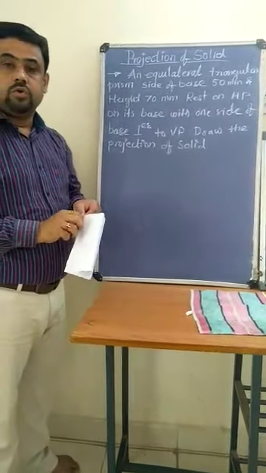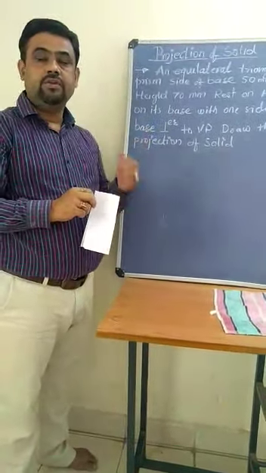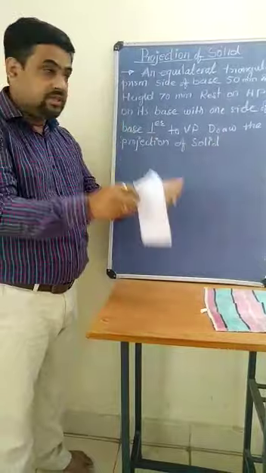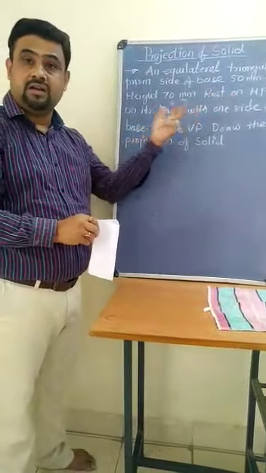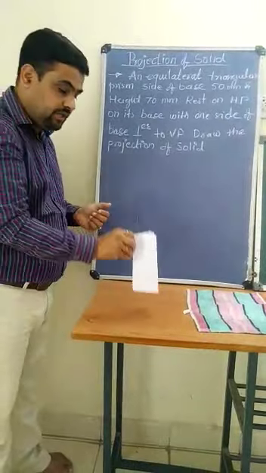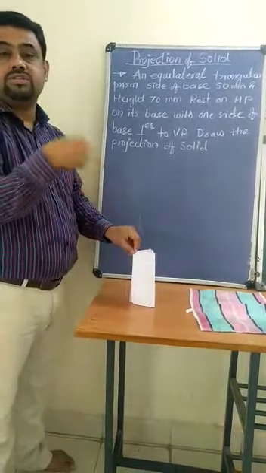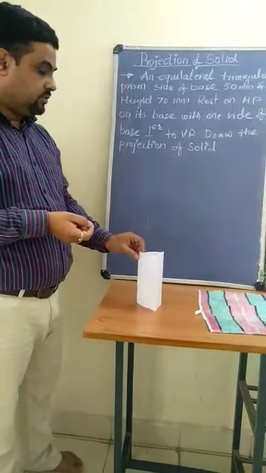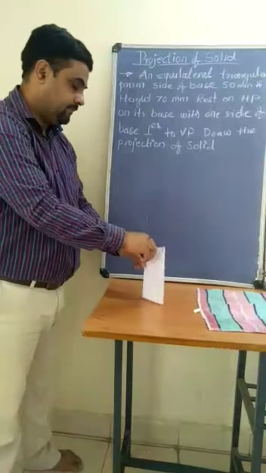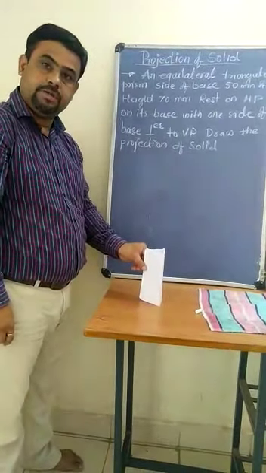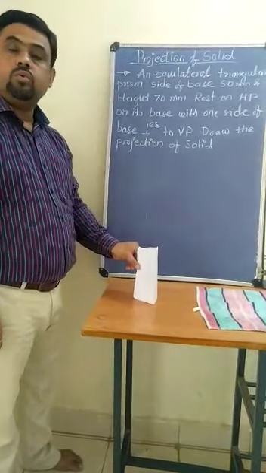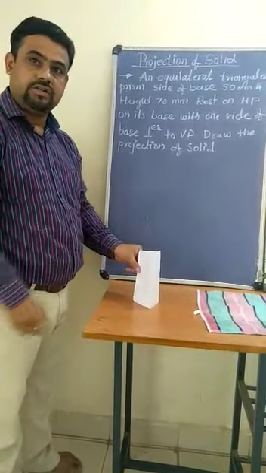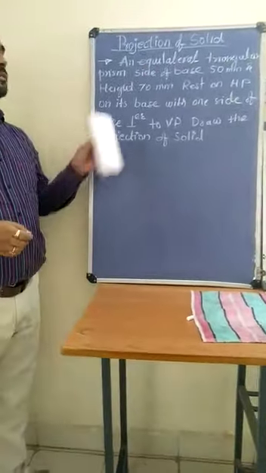Now you have to draw the projection. For projecting the solid, you have to imagine the solid according to the problem statement. You have to position the solid according to the problem statement and the condition given, and after positioning that solid, then you have to start work. Now this is your position of solid resting on HP on its base. Now how to draw, and what are the different rules and regulations of projection of solids? Let's see.